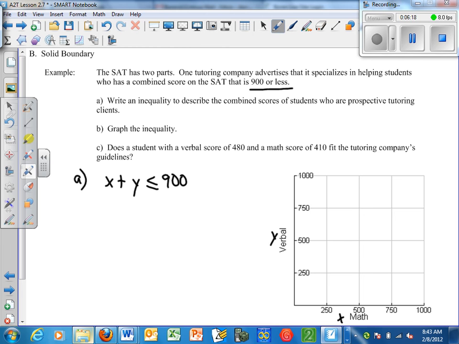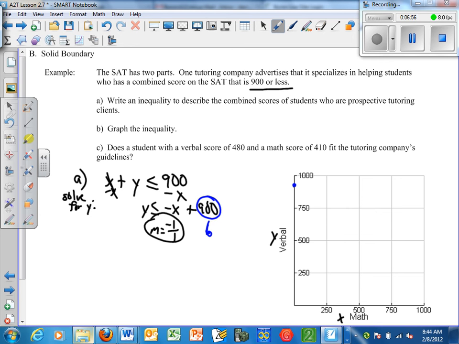There's our inequality. Now we want to solve for Y. So if I do that, I subtract X. So Y is less than or equal to, I'm going to write negative X plus 900. Which means if I graph that, my slope is negative 1 over 1. My y-intercept, my b, is 900. So you're going to have to approximate where 900 is. There's 750. So 900 is going to be somewhere up here